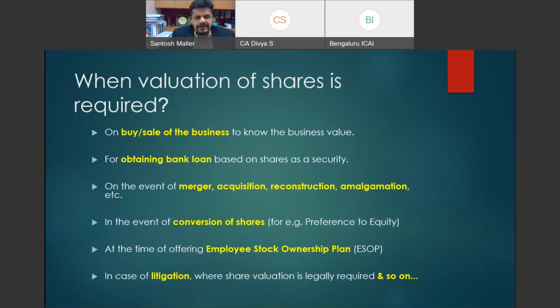One of the driving forces can be the GMV, the gross merchandise value, or the top line, the popularity, the subscriber base of that app. And that can form part of the valuation. So it was an acquisition that happened where Walmart took over Flipkart, and there was a valuation exercise that was carried out.